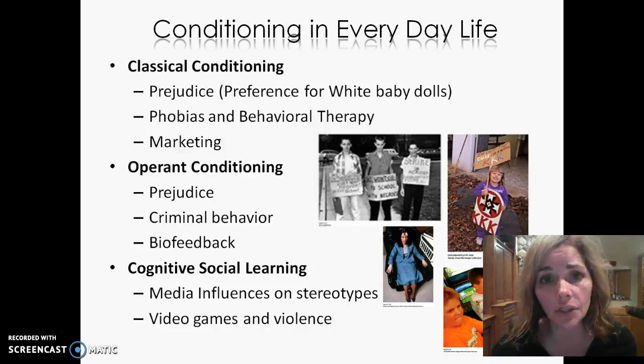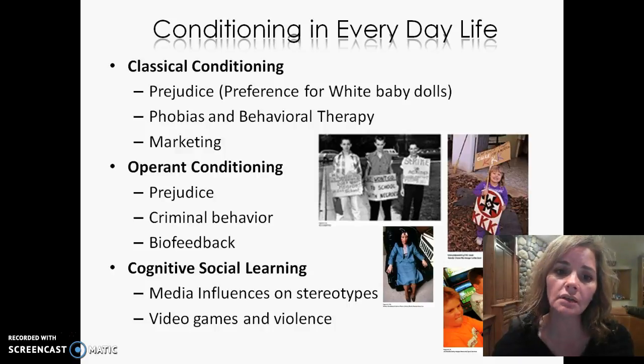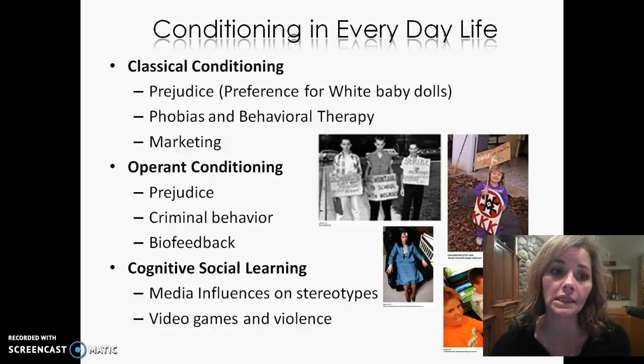And even black children were less likely to play with the black baby dolls. That's often how prejudice develops, where we see black people or people of color portrayed in negative ways on media, and we might associate those negative qualities with that race. We talked about how it could be involved in phobias, such as Jessie developing a phobia of tacos,